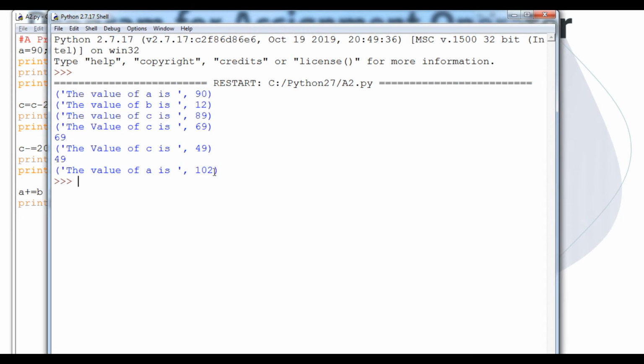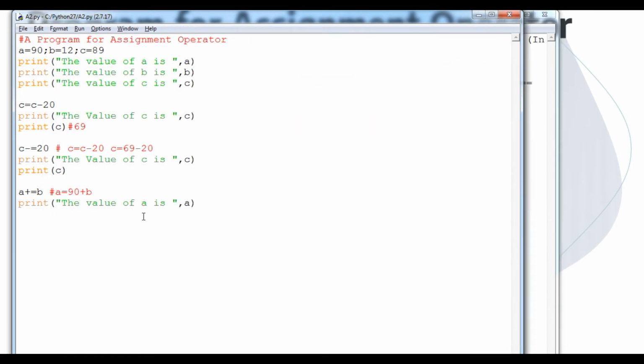Here you can see 102 is the output. Why? Because the value of A is 90 and after that we have added 12 to 90, so the output will be 102.